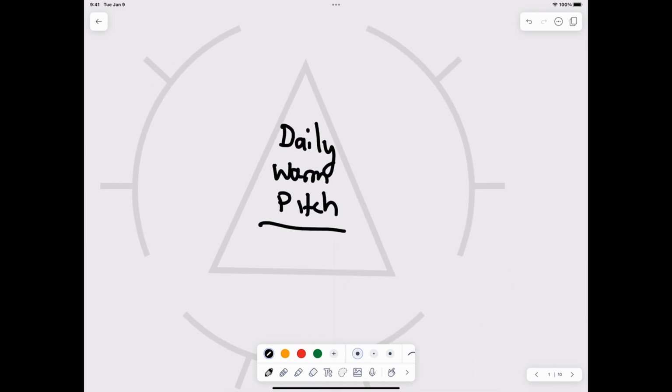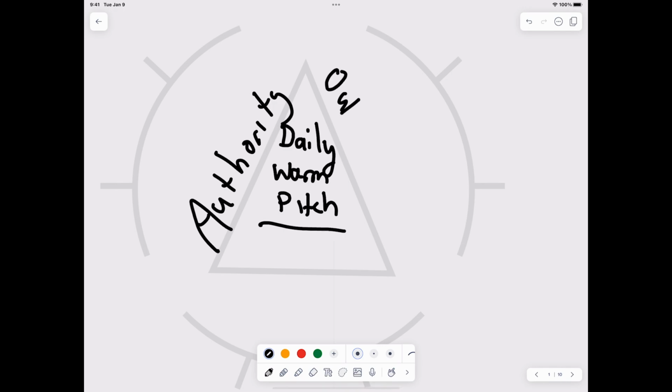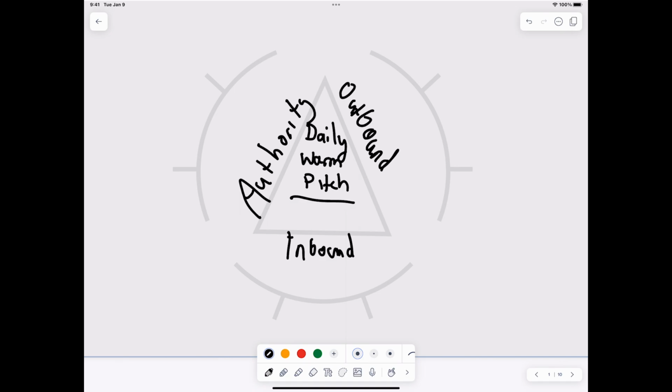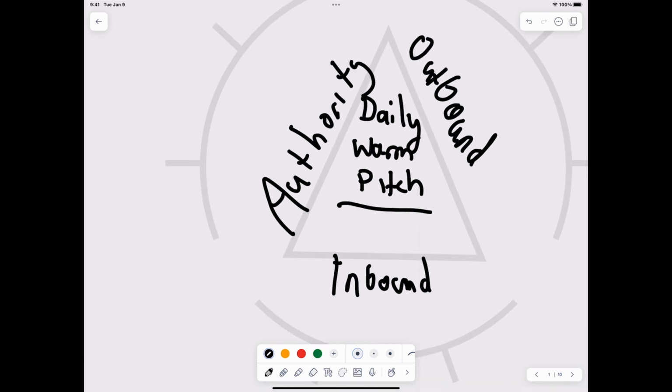And we do that via 3 key pillars of our funnel. We have our authority, we have outbound strategies, and we have our inbound. So they're the 3 pillars that make up our funnel: the authority, the outbound, and the inbound. And within each of those, we have a number of sub-strategies that have tactics to execute every single day, for every single situation. The first project that we work on when we look at authority is our offer